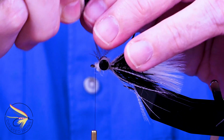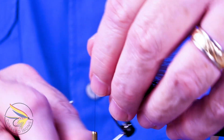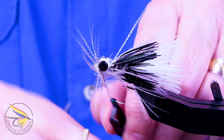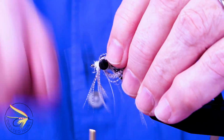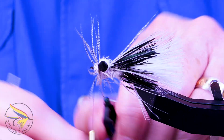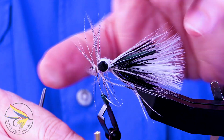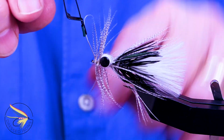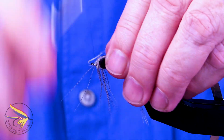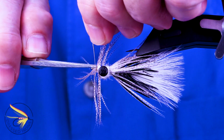take that mallard flank, and this is probably going to end up sticking out 90 degrees up front here more than I like. So this may not be the way to go, but it'll be interesting to see what this does in the water. I want to actually kind of palmer that, open that up into wraps to where I get this right up behind the eye of the hook. Anchor that in, wrap that in, clip off the rest of the rachis right here,